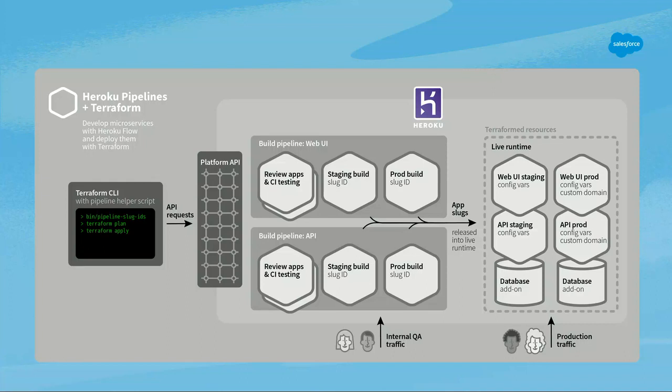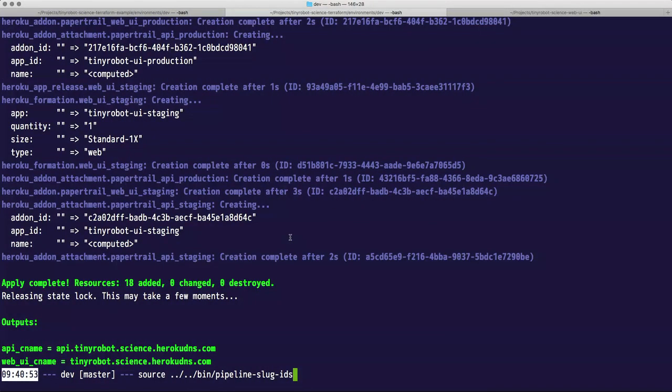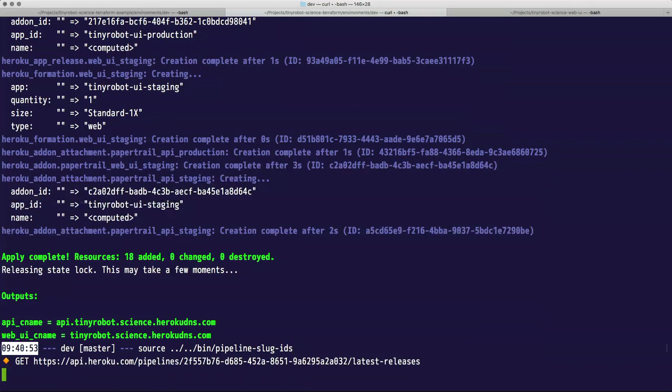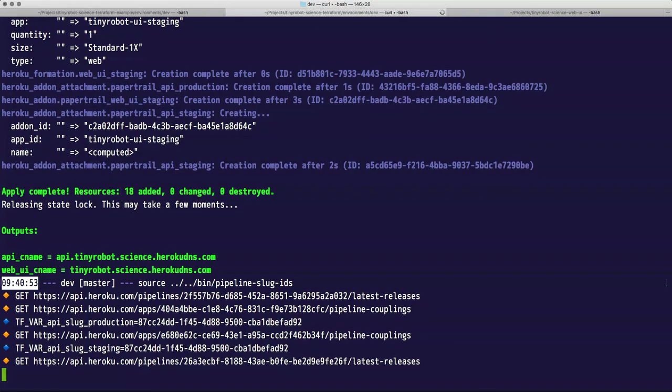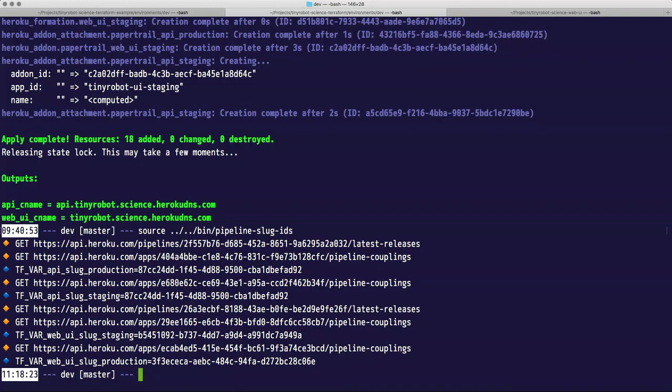And so that is something that I'm going to run right here. So this source bin pipeline slug IDs right behind my head. So it's actively asking the Heroku API for the slug IDs. And now, if I run a Terraform apply,